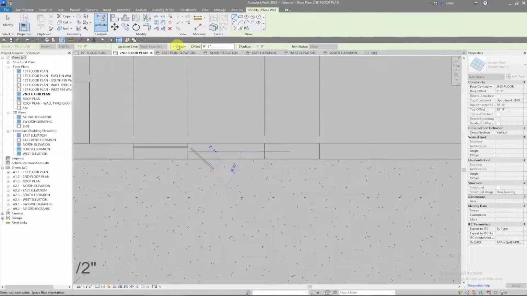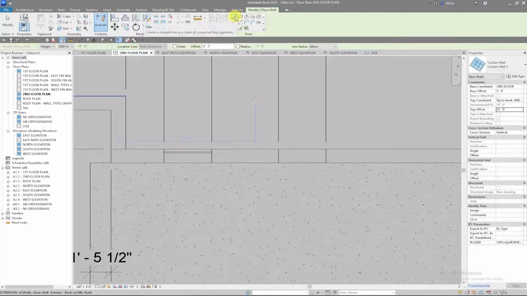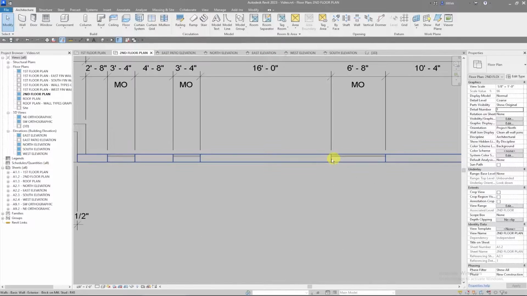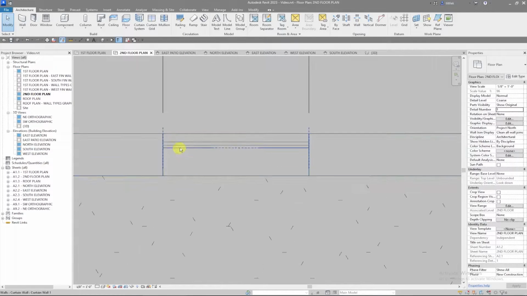Now it's creating a chain, which I don't want, so I'm going to turn that off, hit escape, and now I'm going to go back to the draw tool. My 2-inch offset is still there. I'm going to place that and place that. Now the other thing that's weird about these curtain walls is you'll notice that when I drew